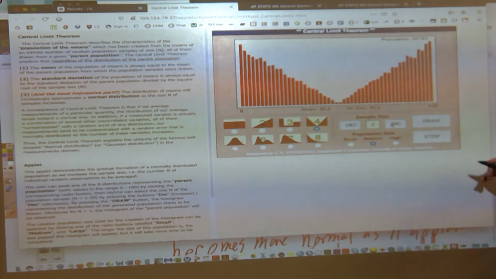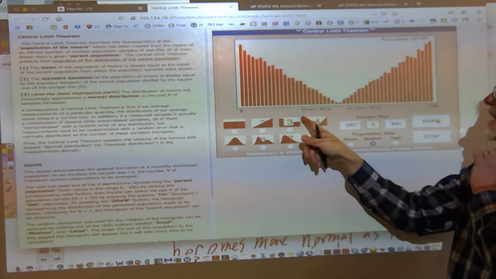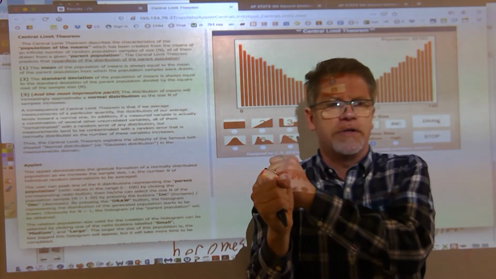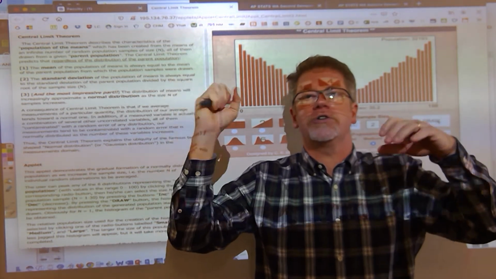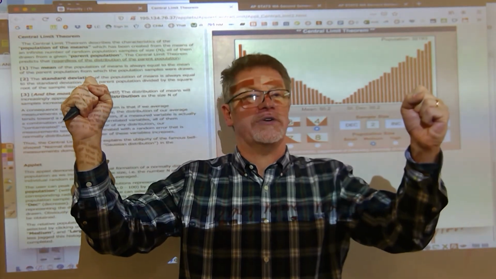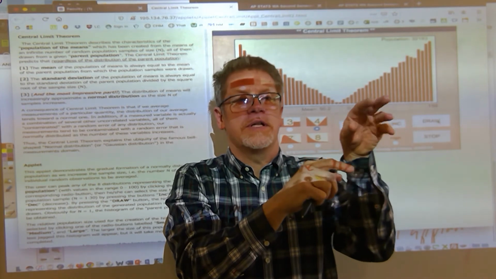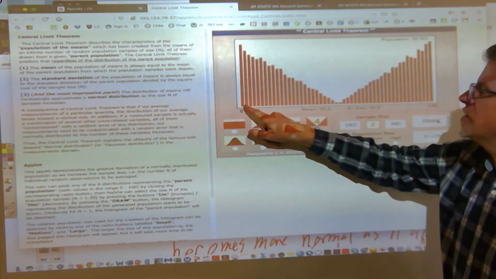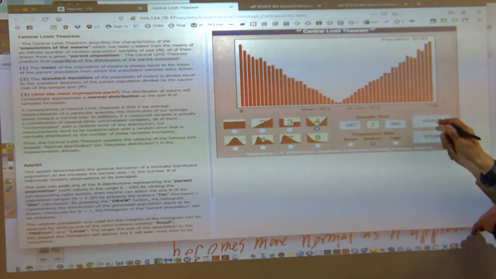Here's why. Watch this. I'm randomly selecting 2 people from a population that's distributed like this. If I get 2 short people, then the average height will be short. What if I get a short person and a tall person? What's their average going to be? Somewhere in the middle. What if I get 2 tall people? Their average height will be pretty high. I think it's going to go like this, 1, 2, 1. Let's find out.